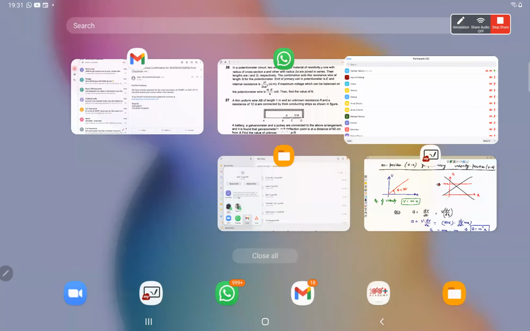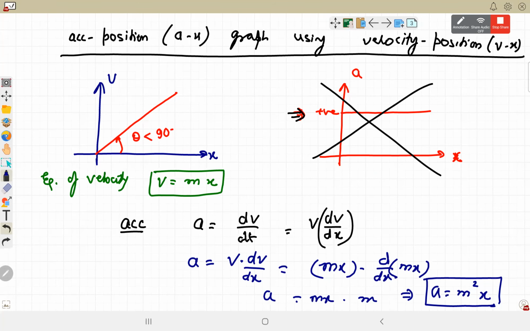Aditya. Yes, Aditya, sir. What will be the shape of the a versus x graph with this equation? So first you have to find the expression in terms of x. From the velocity graph, we first have to roughly write v versus x as an equation. Put that equation into v multiplied by dv by dx. Accordingly, we find a versus x, and then we plot that on the graph. What will be the shape of its graph?